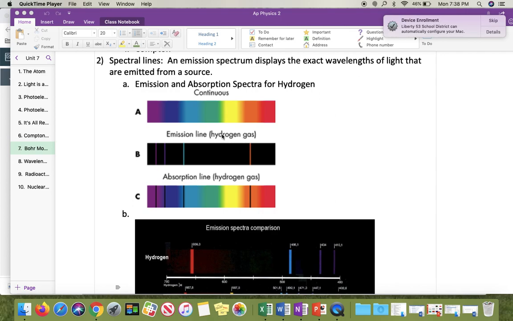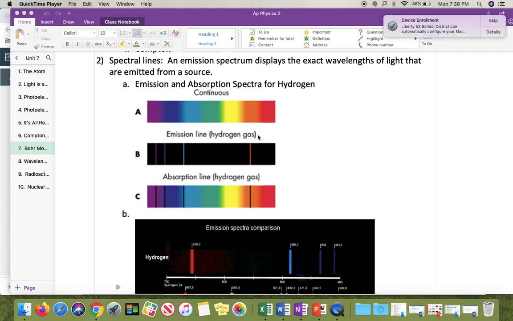If we're just looking at hydrogen gas here to keep it simple, if we take all of these lines out of this continuous spectra, what we get is 4 visible wavelengths that are emitted from the hydrogen gas. We can actually see this. Now, if I turn on just a hydrogen lamp, you're just going to be able to see it glow. It's not going to look that much different to you. It'd be a little bit different of a color than a white light bulb, but you still wouldn't be able to distinguish all of the colors,